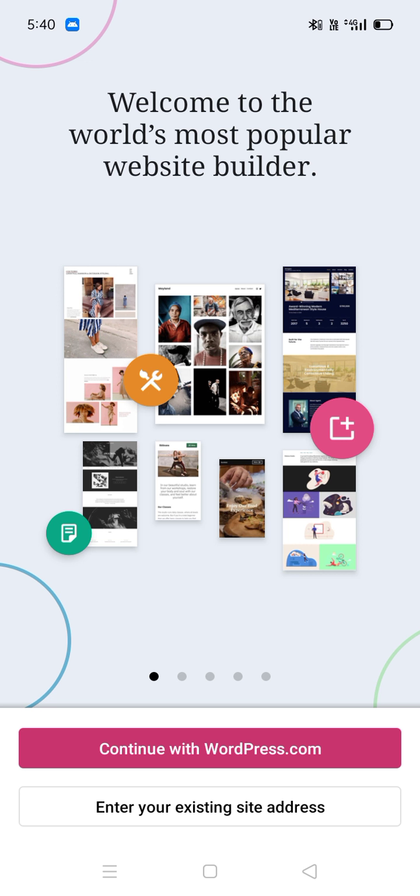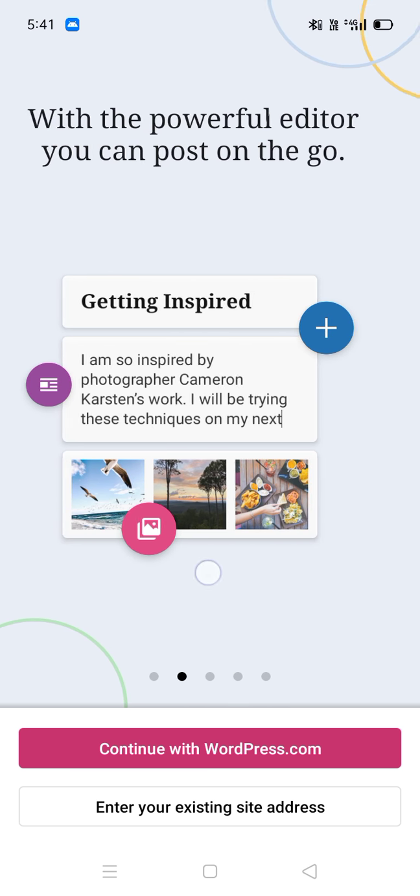So it's good to get started with the Android application or a desktop browser. I'm using the Android application for this. We can easily create any website or a good blog using the Android application of WordPress. Just install it from the Google Play Store. I have already installed it on my mobile phone, and when you open it, it will look like this, and you will get this kind of interface.